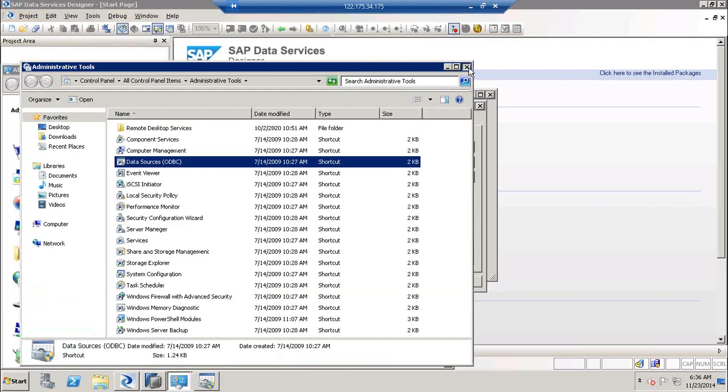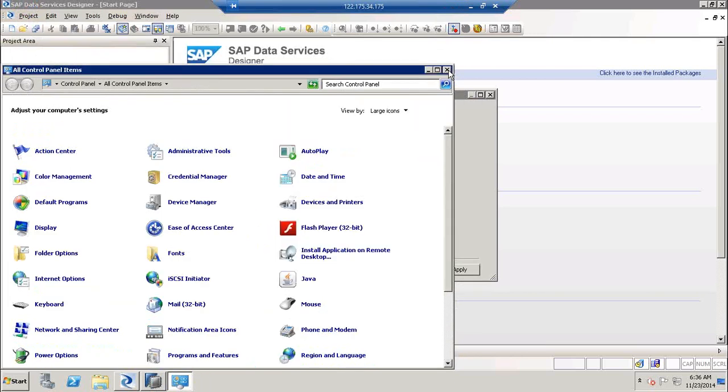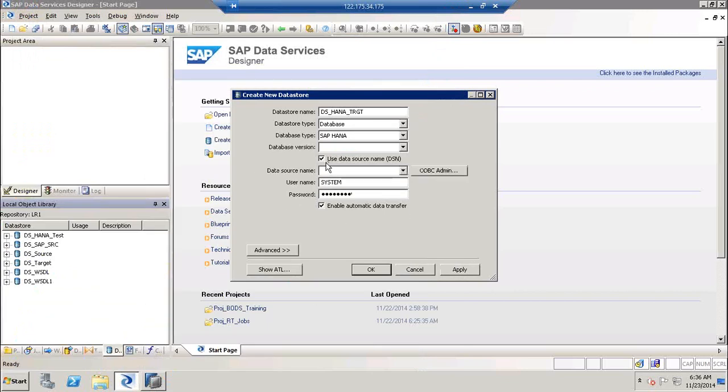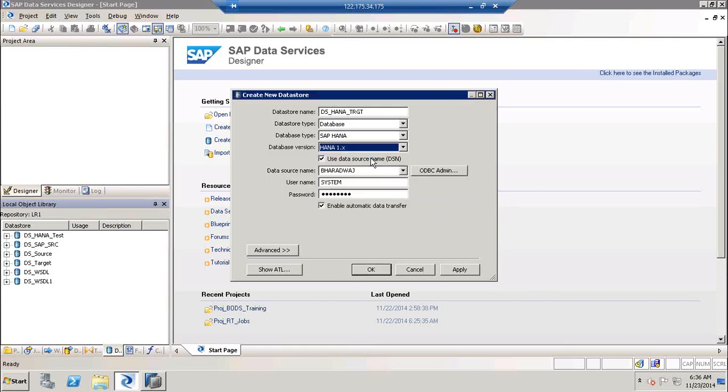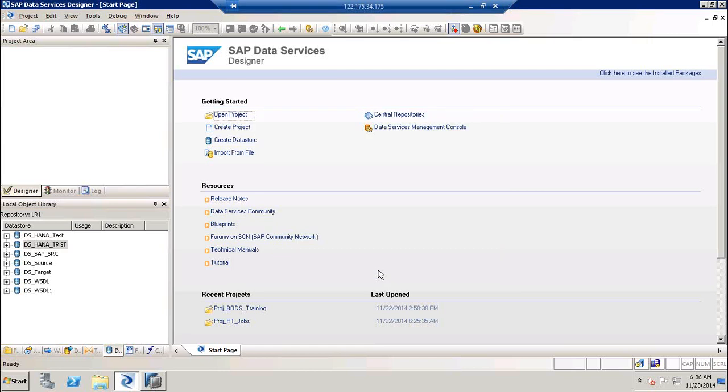So the next step is to go to your Data Services Designer, click on the checkbox use data source name, go to the drop down and select Bharadwaj here, the one that we have as the backend database name, and just click on apply. It says the Data Services version cannot be empty, so it is HANA 1.x. Just click on apply. You should not get any warnings. If you get any warnings, it means your system credentials are not correct. So I created a HANA data store, like we created the rest of the data stores. A slight difference is we created that with a